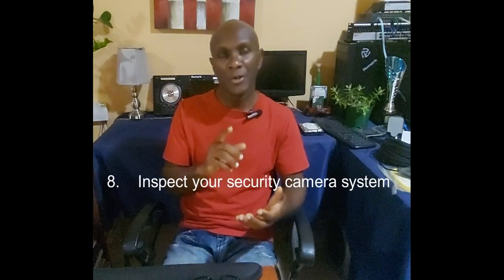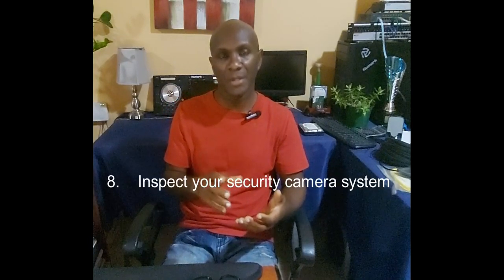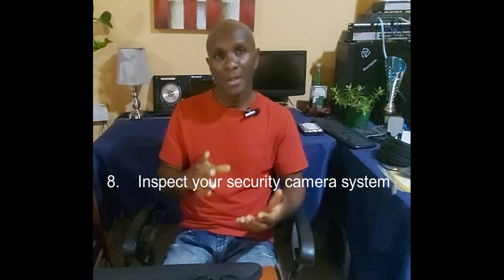Number 8, your security camera systems are to be inspected. So you need to get outside in particular, and you need to do a physical inspection of the security camera system. So you want to inspect the cameras themselves, you want to inspect the mount, you want to inspect the conduit, or some persons use trunking. So inspect the entire system. In some situations, you may find that it may be best to remove the units, as in the cameras, because based on where they are and the type of cameras,